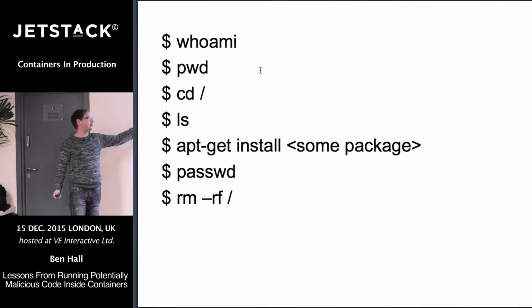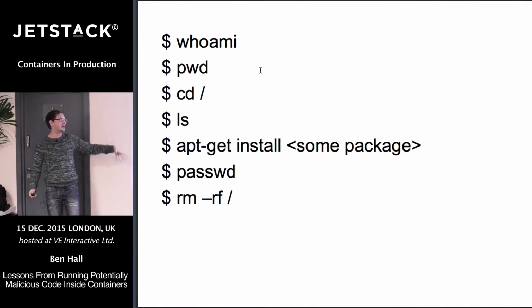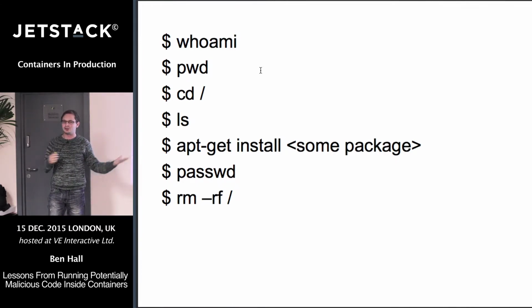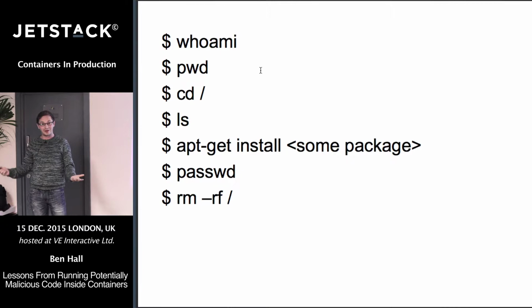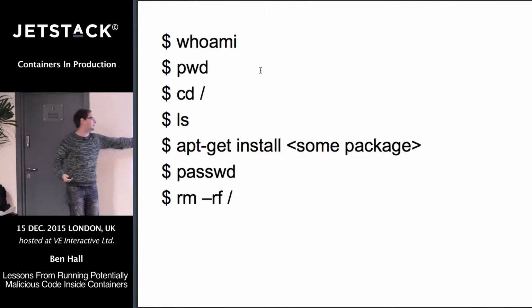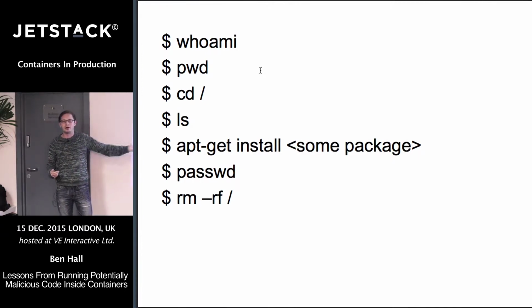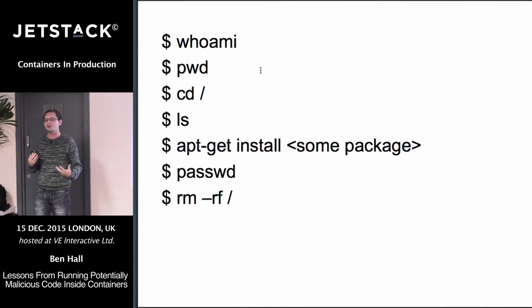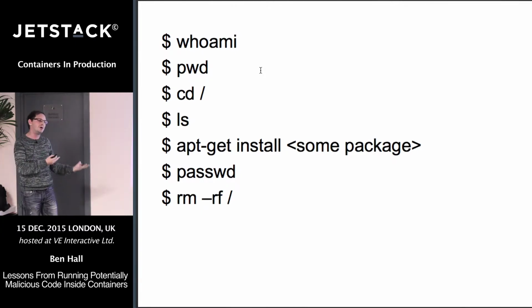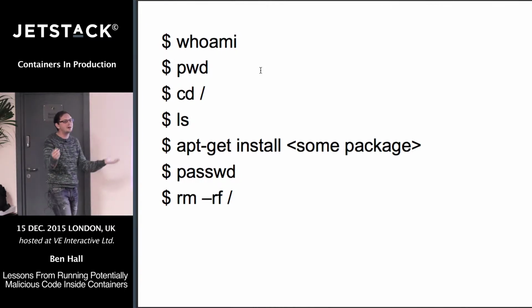And then they start installing some stuff, think they're clever, change some passwords, and eventually they get bored and just delete everything. And that's fine, because it's Docker, and it's running in a container, so they can do this and you can get away with it. It's surprising how many times this has actually happened, because my test scripts have accidentally cleaned up one or two directories too high and deleted a build agent by accident. That's a little bit embarrassing. So just running things inside a container stops you doing that anyway.